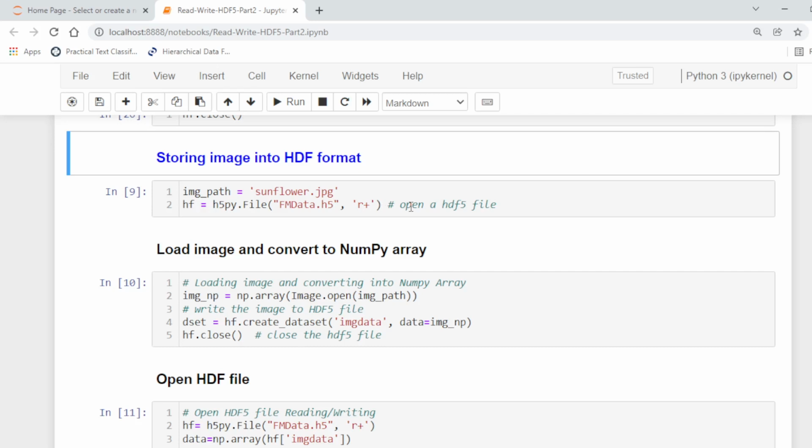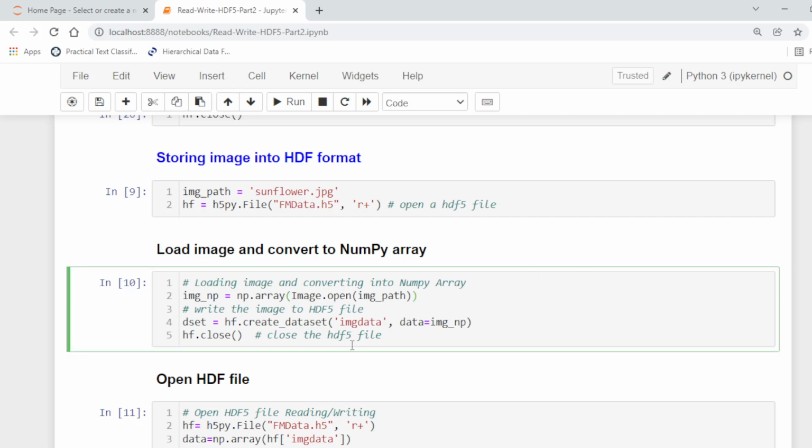We can append the data. Here we are using the open method of the image class to load the image of the sunflower, and then we are going to convert this image into a numpy array.